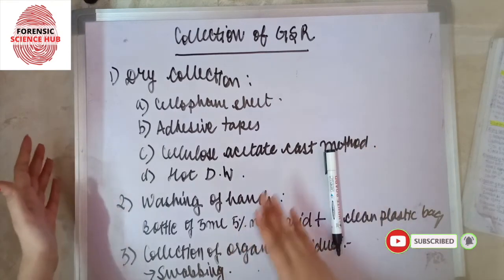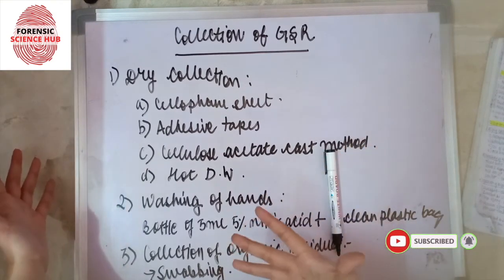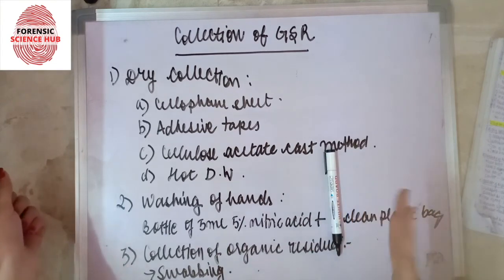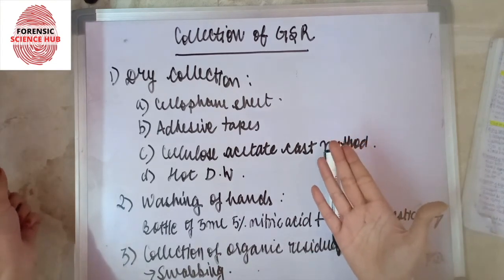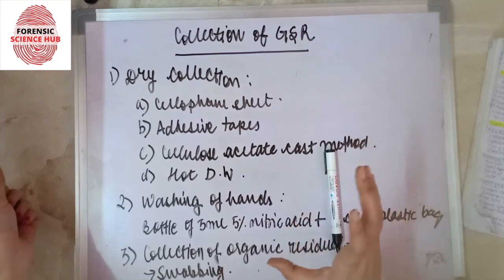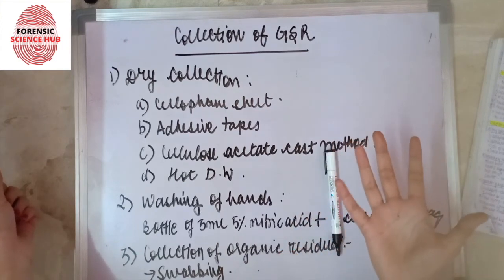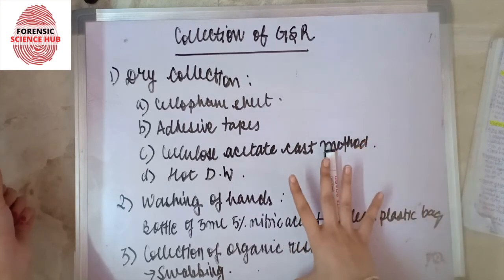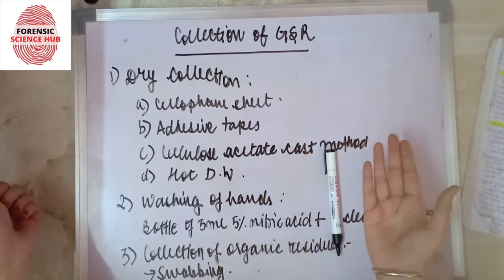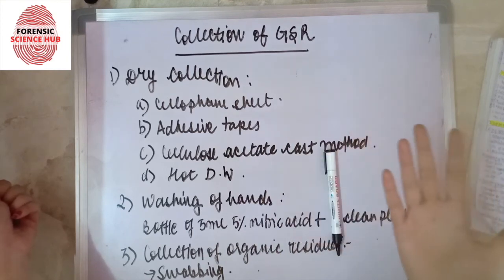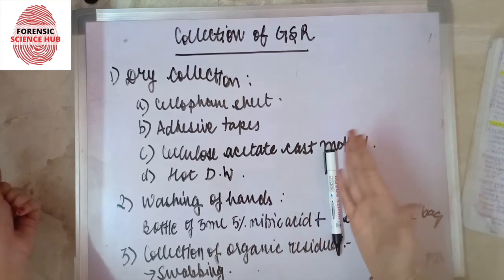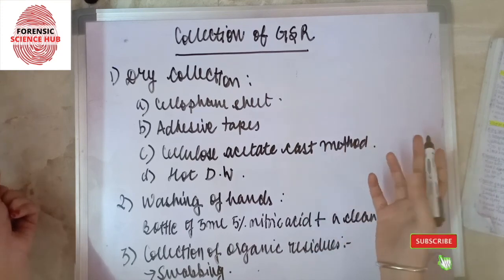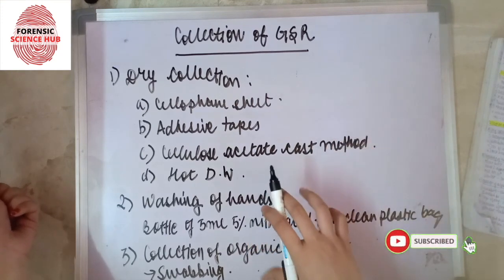Also, in some cases GSR might not be easily visible with our eyes. This can happen in cases like when there is a lack of color contrast, or when a lot of blood is present on the sample. In these cases we can use IR, infrared imaging. We take an IR photograph, and with the help of that we'll be able to see things that we were not normally able to see with our eyes.